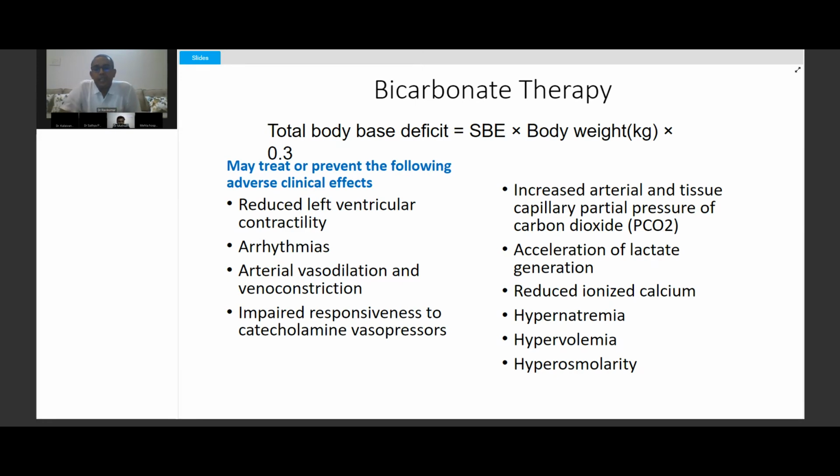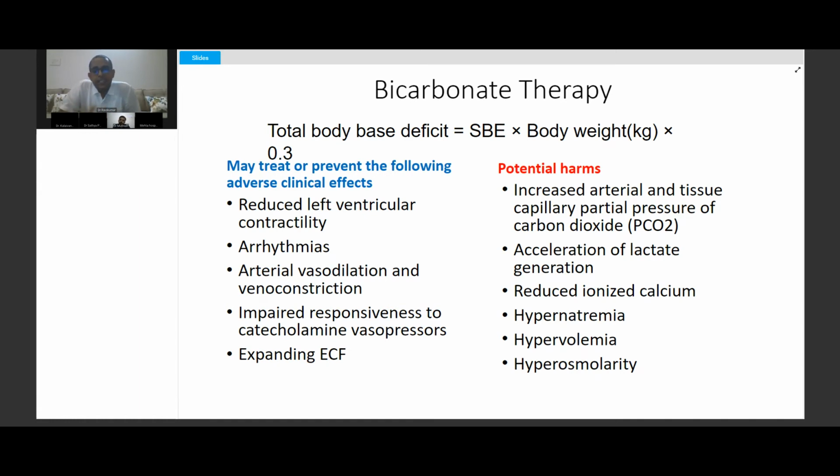A potential side effect is intracellular acidosis, because as soon as you give a bicarbonate solution, as per your equation, the curve moves towards the left side in such a way that carbon dioxide is produced, which may enter into the cell and cause intracellular acidosis. So when you give bicarbonate, remember that we need to have good ventilation, because otherwise there is a chance that you have a severe acidosis worsening.